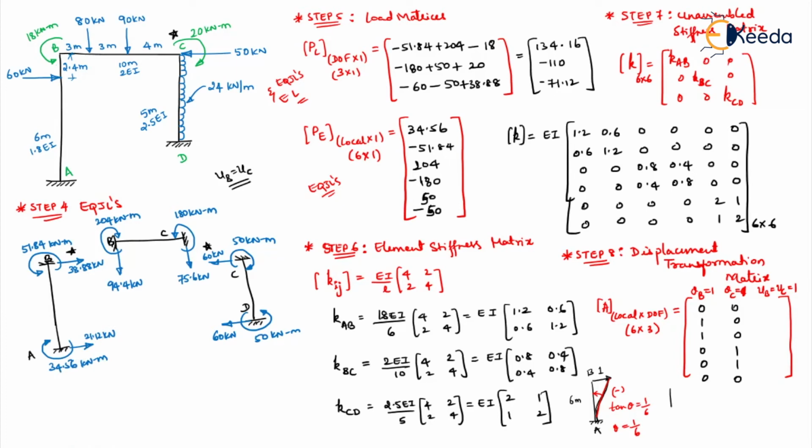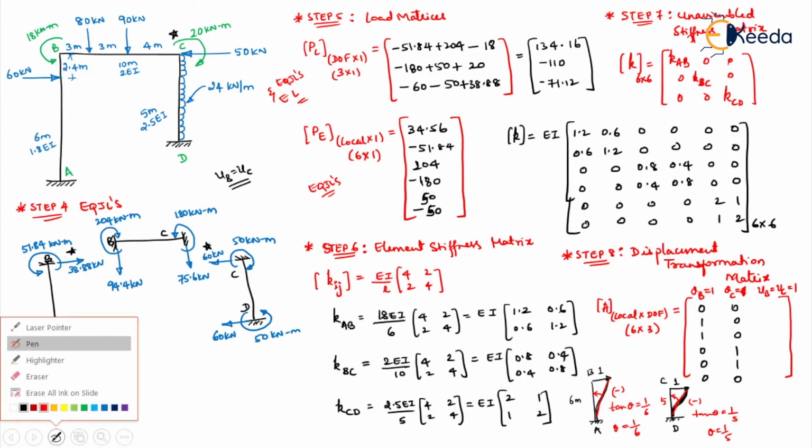Similarly, you have for CD also, right? This is your D, this is your point C. Here you are giving unit displacement. Again, how will it bend? Like this, in the same fashion. Suppose you take a tangent, you have to take a straight line like this, right? Now from here to here, this is again coming anti-clockwise, so this will be minus. Again tan theta is equal to 1 by, so this length is 5 meters, so 1 by 5. So theta will be 1 by 5 in this case with a minus sign.